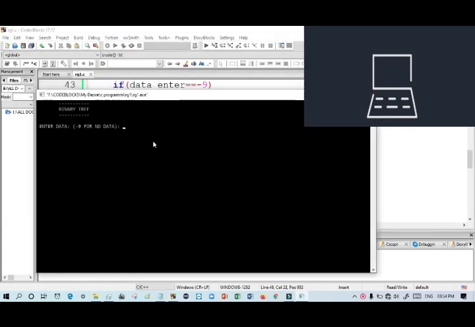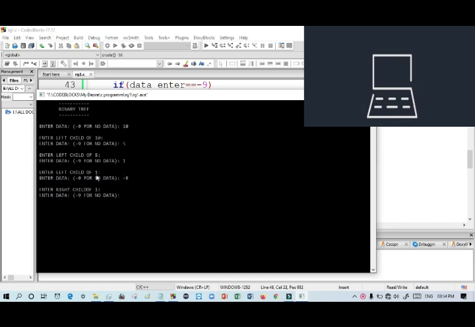Here, enter data. At first give the root 10, and this program will tell you to write the left child, then give, suppose, 5. Then after the left child you have to give something. Okay, let's give 1, and after 1 I want to give nothing. For no data, what you have to write is -9. Then the right data will be asked. Again I don't want to give anything, no data, so you have to use -9.